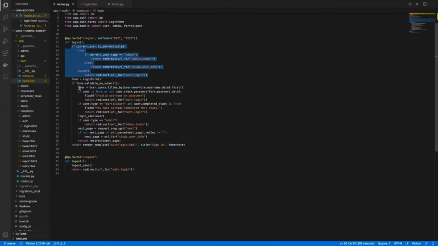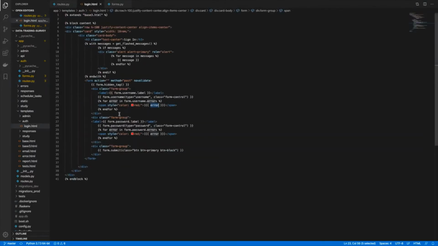If the client is performing a GET request rather than posting the forms, we render the HTML for the login page and return it to the client. By passing the form instance to the render template function along with the HTML file, we can use the attributes from the form instance within the login HTML file. Using the Jinja 2 templating engine baked into Flask, this syntax allows for dynamic content within the HTML file.